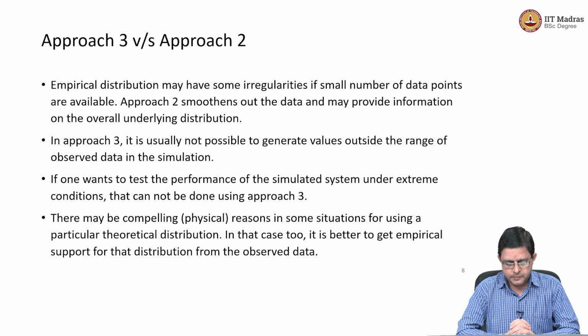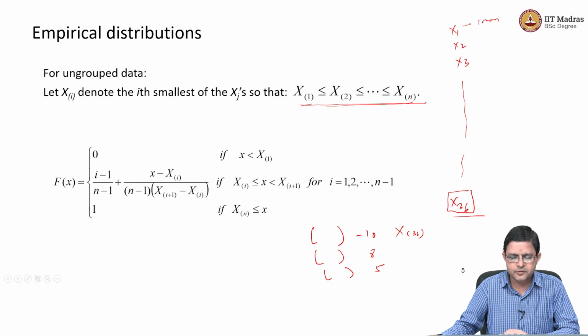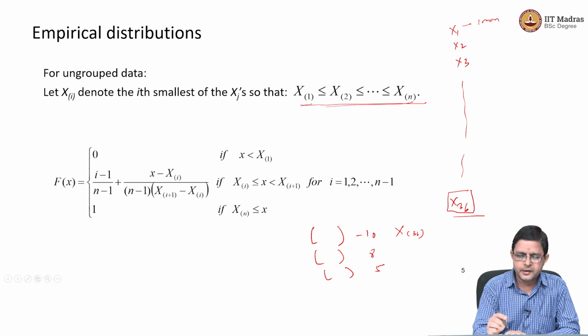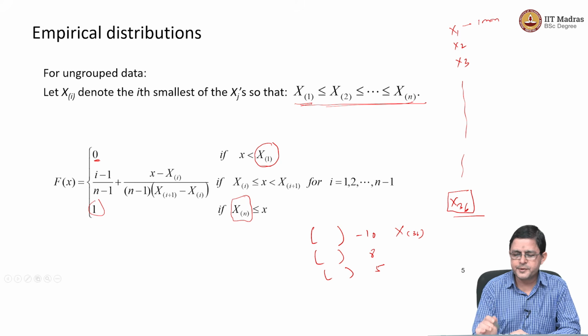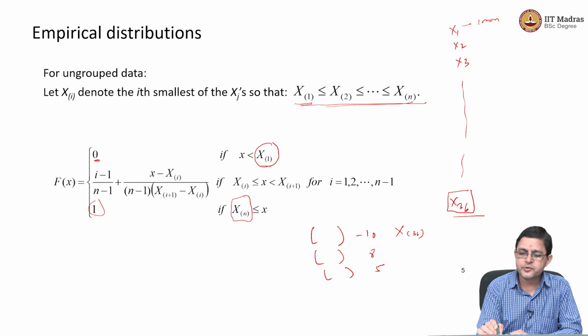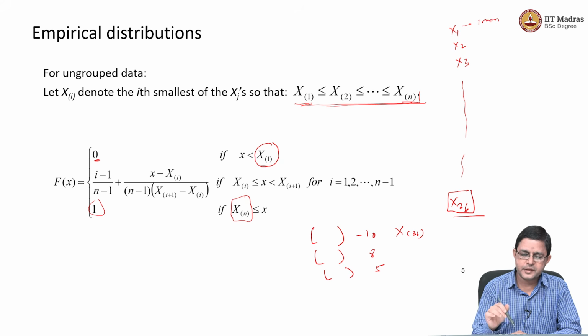The other problem is that the distributions that we build are usually restricted by the smallest and the largest value. So, here the distribution is 0 for all the values lesser than the smallest value that you have observed. The distribution is 1 beyond the maximum value that you have observed in the sample, which may not be true, right. The smallest value that I have observed in the sample does not mean that sales cannot be lower than this. The maximum value that I have observed in the sample does not mean that my sales cannot be more than that. However, the distribution that you build using this data will pretty much say so.